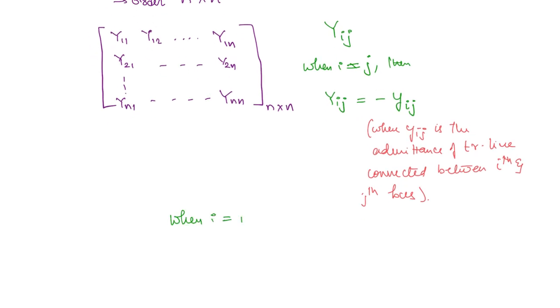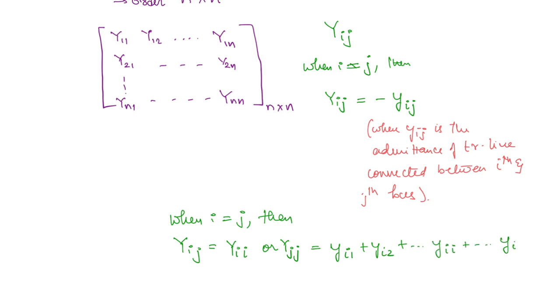Now when i is equal to j, then what is going to happen? Yii is going to be equal to the sum of all the admittances that are connected to the ith bus. You can take this as Yii or Yjj, whatever is the variable. So this is going to be equal to Yi1 plus Yi2 plus so on till Yii plus so on till Yin. Okay, so what is Yii here? This is the admittance